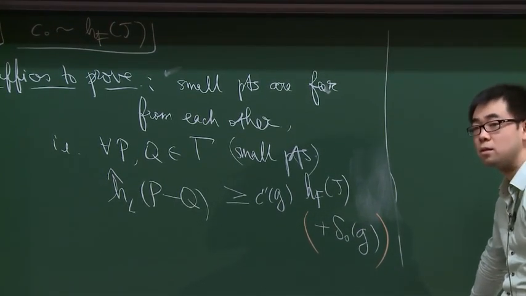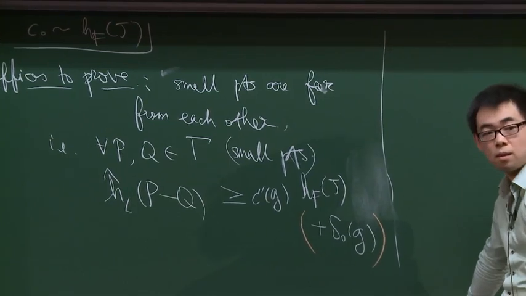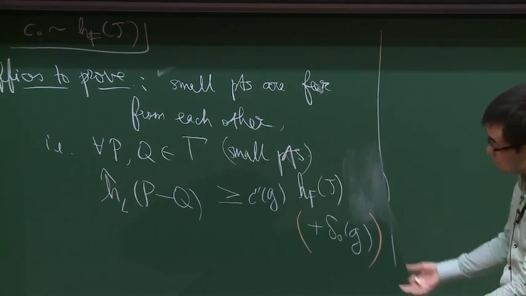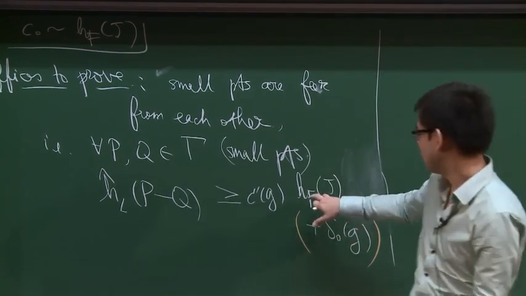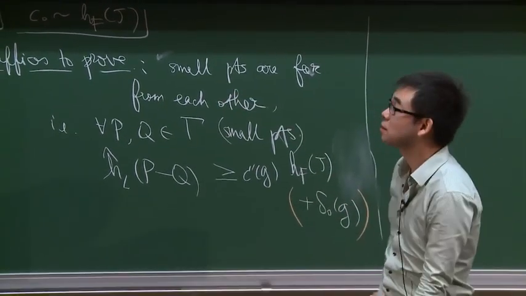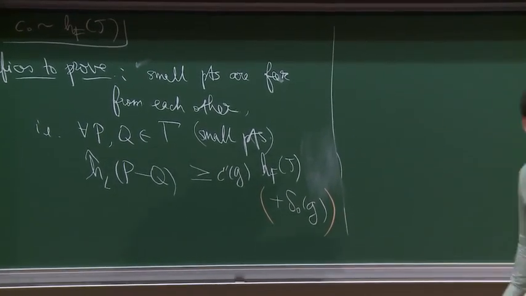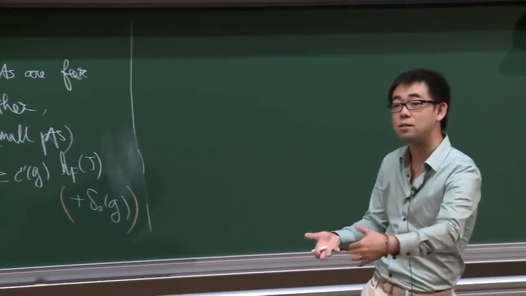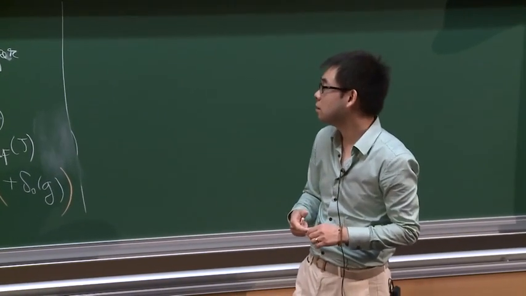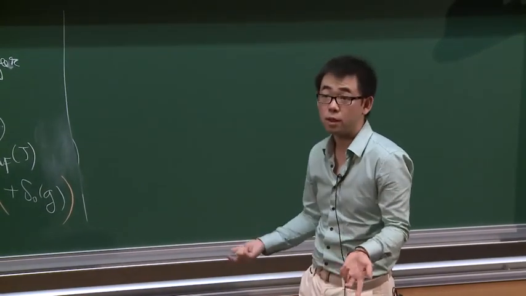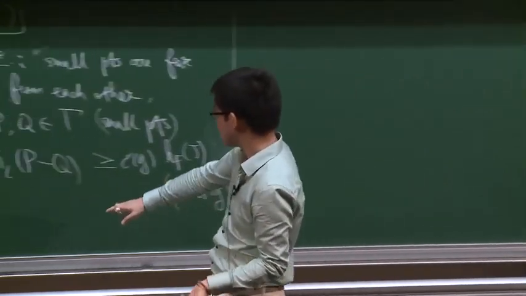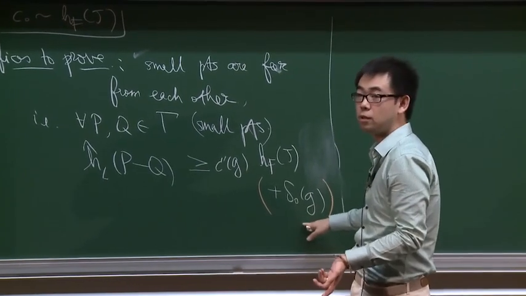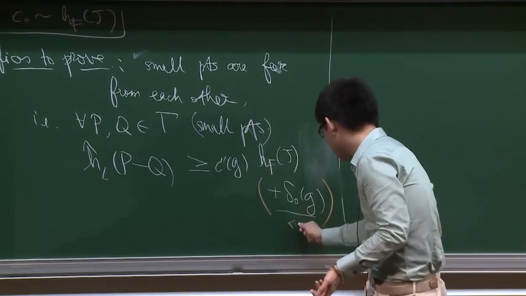Okay, so the height of P minus Q can be 0. It can be 0. So that's why this bound is... You mean different small points? The difference of small points. P is different from Q, I suppose. It could be the same. If it's the same, then this is 0 here, and it just says that the height of the curve is small, because this is a negative number, I'm sorry.